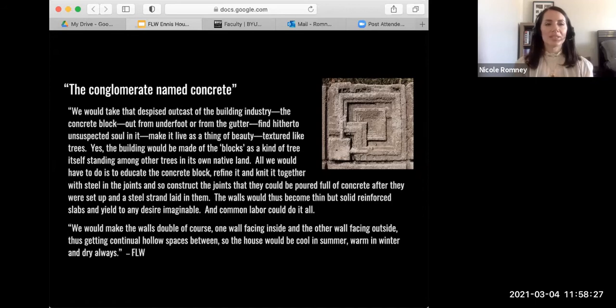So Wright says, we would take that despised outcast of the building industry, the concrete block, out from underfoot and from the gutter, find hitherto unsuspected soul in it, make it live as a thing of beauty, textured like the trees. Yes, the building would be made of the blocks, as a kind of tree itself, standing among other trees in its own native land. All we would have to do is to educate the concrete block, refine it, and knit it together with